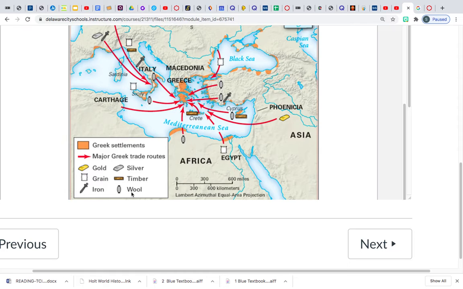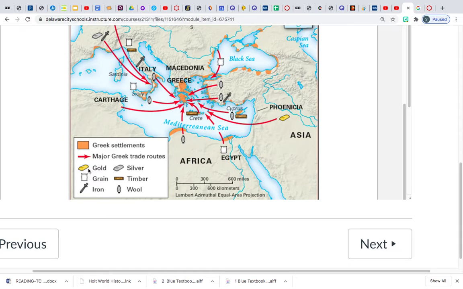What would be the trade item going from Phoenicia? Which trade item? There's Phoenicia. The trade item being produced here is gold.